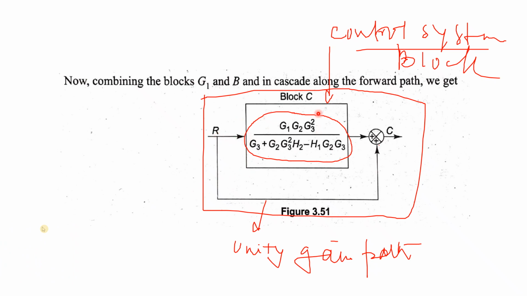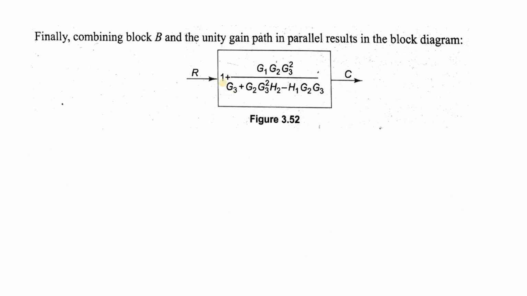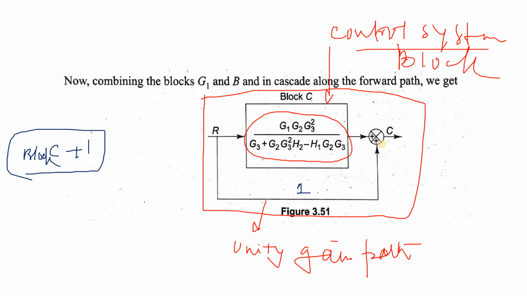Now, input and output. This system is designed in such a way that the input signal will enter the control system block, and the control operation will take place inside the plant, and then we will get output. In addition to that, we will send another input directly to the output and add it. So this is a unity gain path, so it has magnitude 1. If nothing is written on this line, it has magnitude 1. So simply adding C plus 1, this is block C plus 1. Block C is the entire thing, so we just add 1 to it. So it is 1 plus the entire thing.